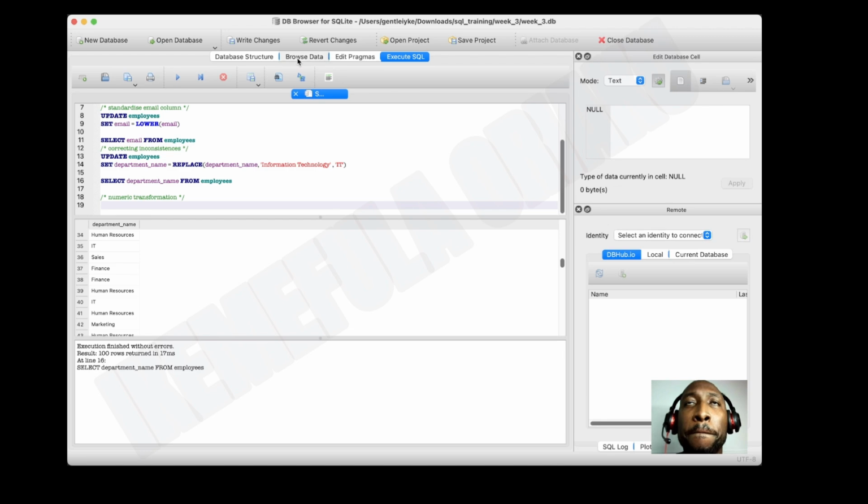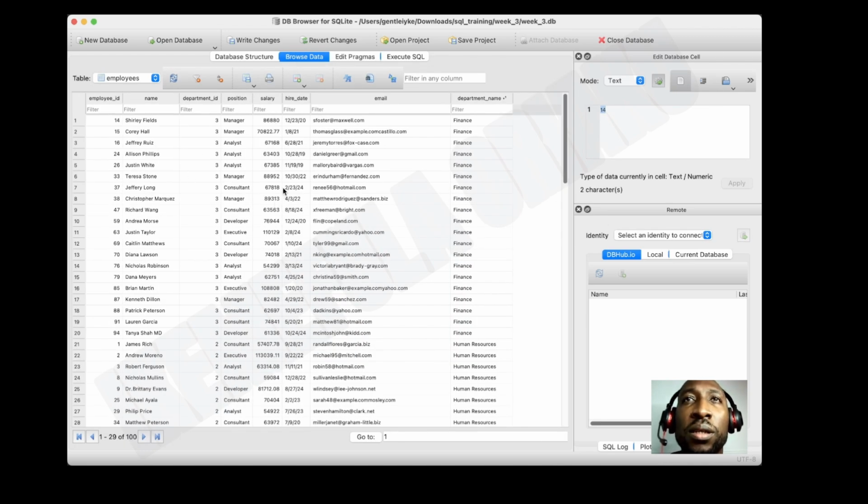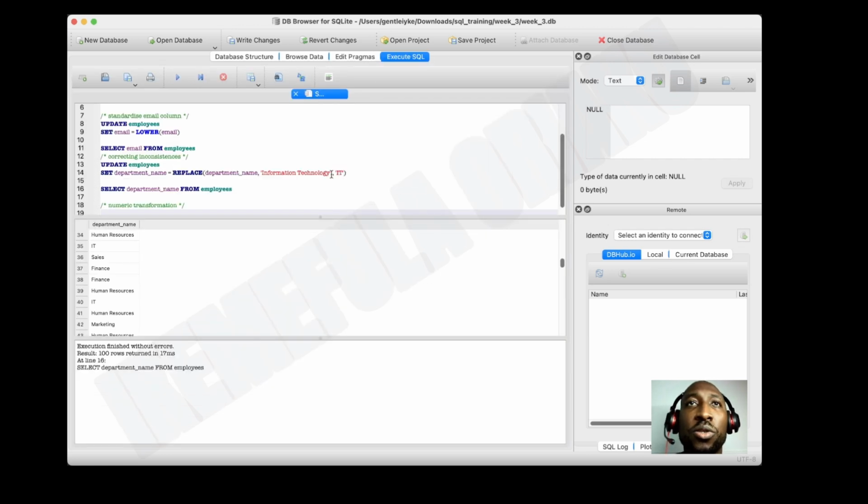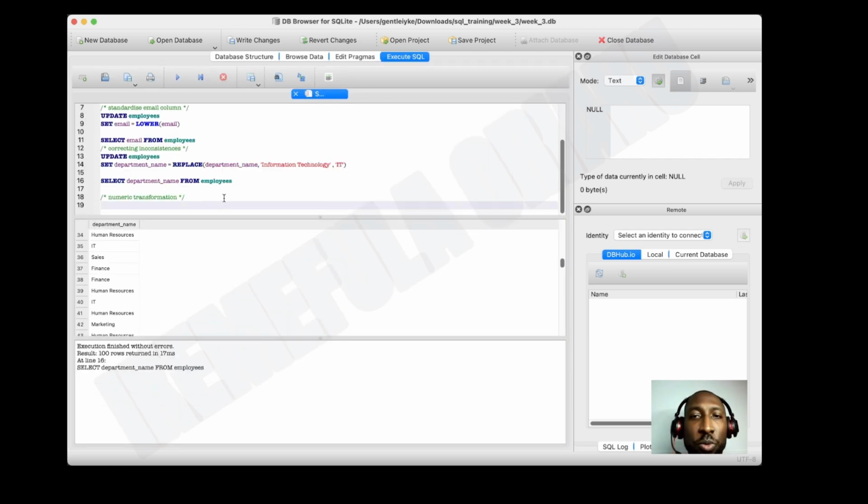Yeah, so here, let's browse this. And then, okay, here in the salary column, we have some salaries that are in decimal places. I want to round them to the nearest 100. So that should work. So what we're going to do is we do a